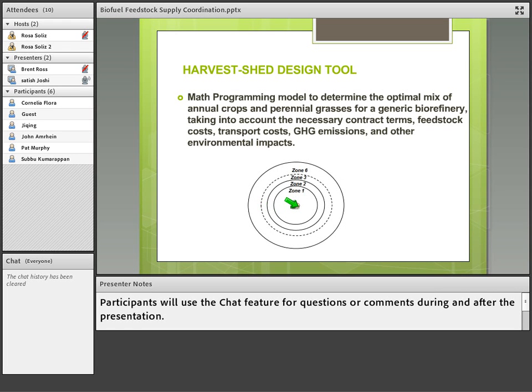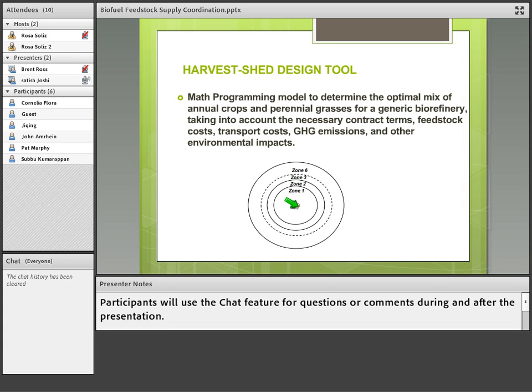So it's generic, and the idea is to minimize the total discounted cash costs of material, harvest, transport, storage, plus externality costs like greenhouse gas emission costs over a 20-year period. We'll make those decisions on a quarterly basis. And the decision variables are basically how much acreage of different feedstocks you enter into a contract each quarter